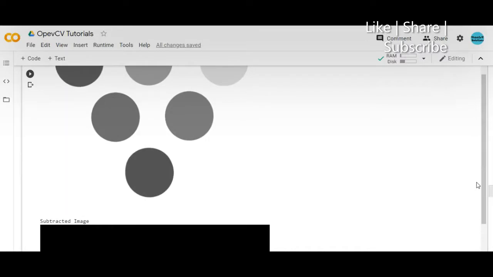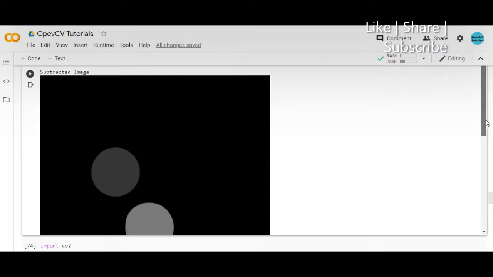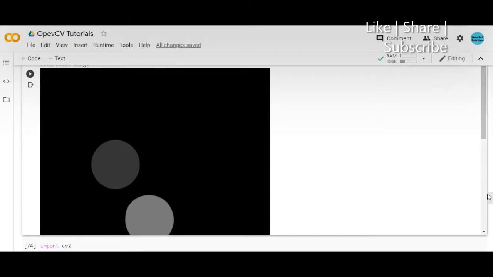So the next image, you can see that I have written it as a subtracted image, and I'm getting something like this. That is, where the blue part is there I'm getting bright pixels, and all other pixels are becoming 0 in the image. And in this particular place, because there was a little bit of blue content, because the color is purple, I'm getting a very light amount of pixels over there.